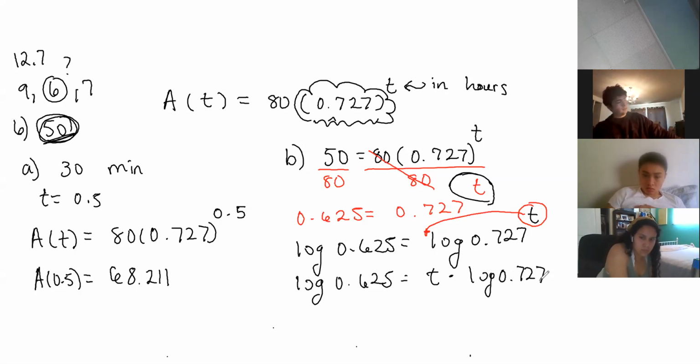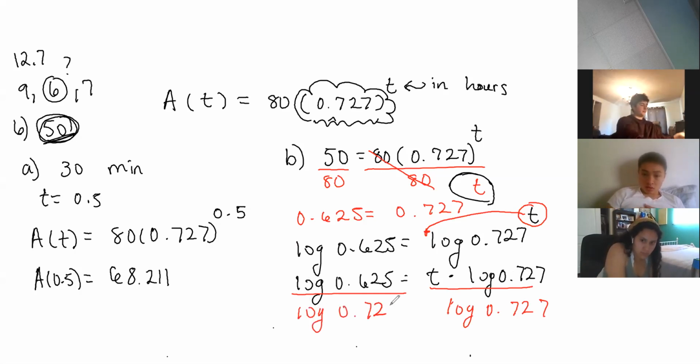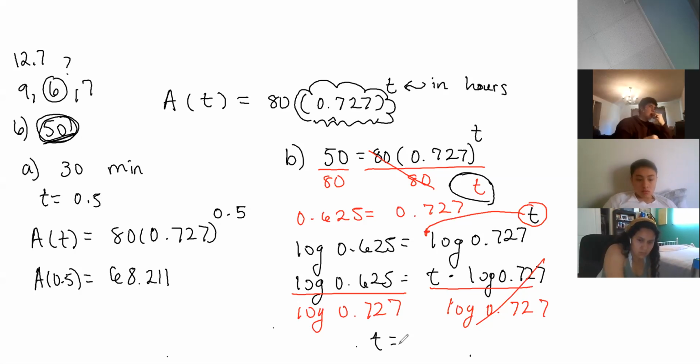Right, now I'm trying to get T by itself. What would I divide both sides by? Log 0.727. And that's what you're going to plug into your calculator. Log of 0.625, make sure you close your parentheses, divide log 0.727, equals,